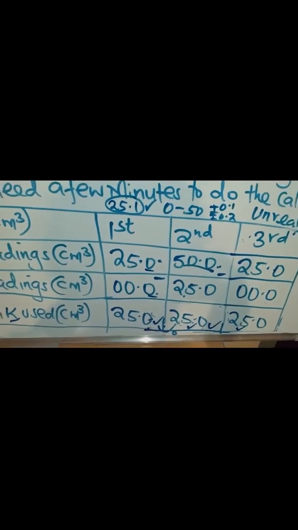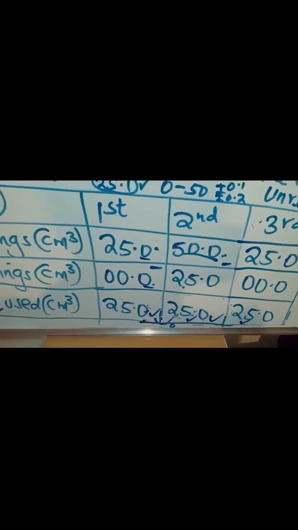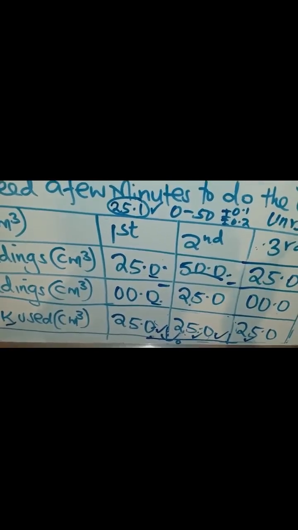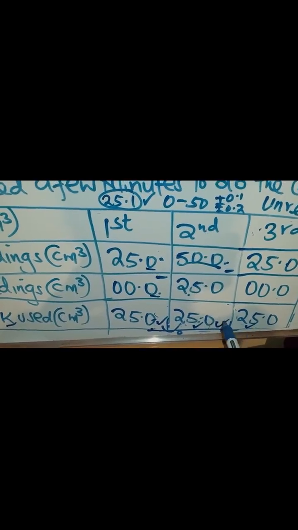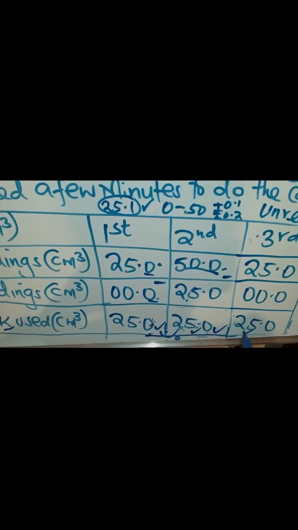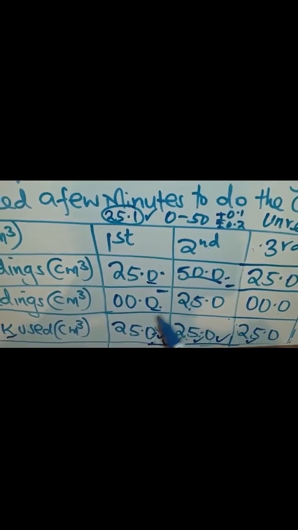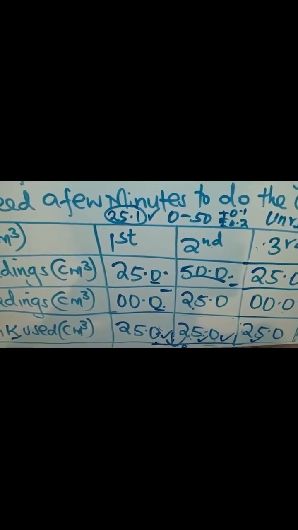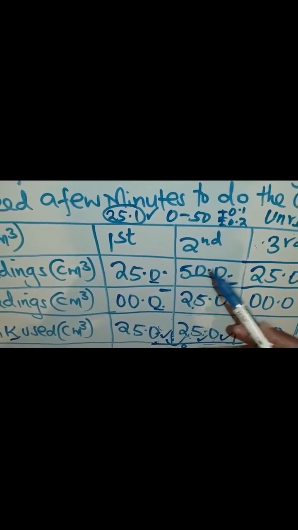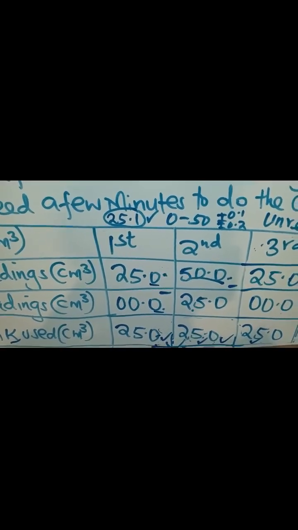There was a place where your teacher got 25.1, and in your table you have 25.0. It then means you will also get the mark for the accuracy, because what is checked is if in your table you have any value, even if it is one of them, that has a difference of 0.1 or 0.2 from the teacher's. If 0.1 is added to yours, it gets to the teacher's. If from yours to the teacher's a minus is done, the same difference, 0.1 or 0.2,